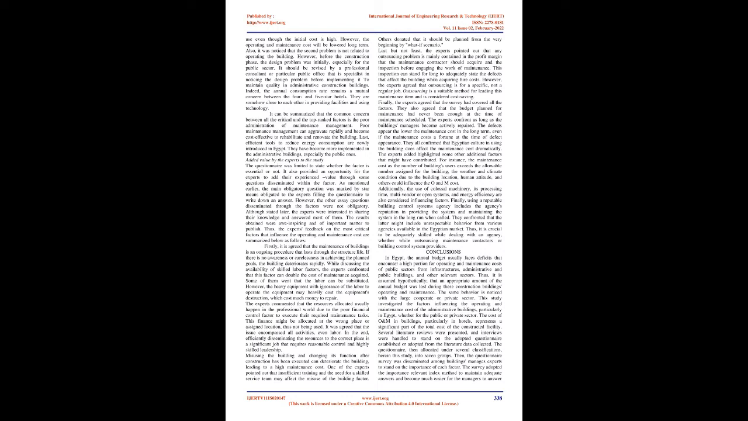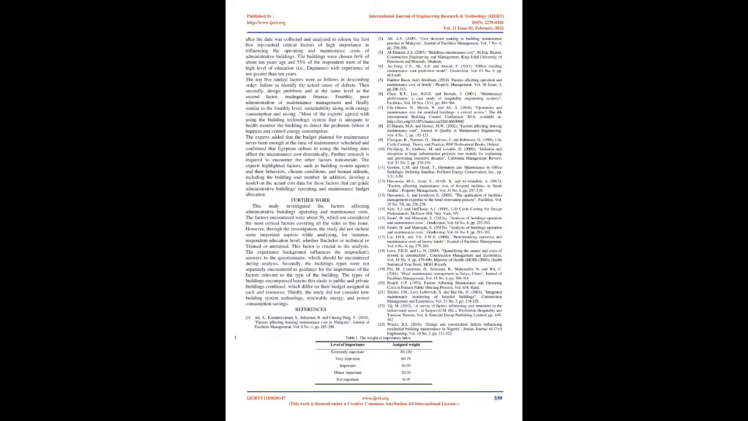The relative importance index, RII, can be calculated as follows. RII is the relative importance index. X1 is the number of respondents choosing extremely important for the factor. X2 is the number of respondents choosing very important for the factor. X3 is the number of respondents choosing important for the factor. X4 is the number of respondents choosing minor important for the factor, and X5 is the number of respondents choosing